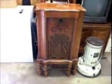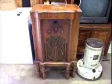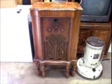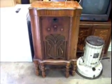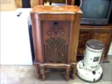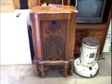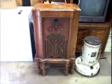Here's a neat little item that followed me home from the flea market yesterday. Now, I discovered a new flea market over in Winchester, Indiana about 2-3 months ago. And I saw this over there my very first time there. I thought, man, that's a nice radio. It said make offer. I really didn't want to drag it home the first time out because I didn't have room to take it